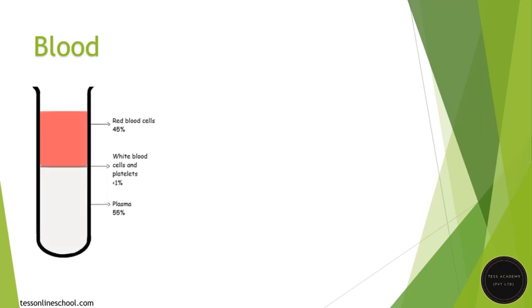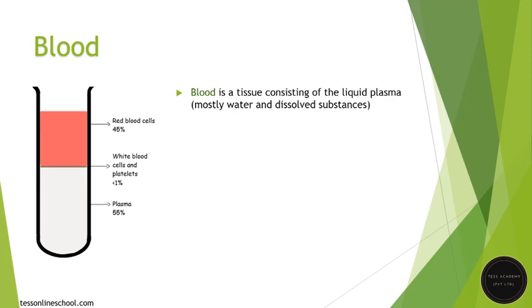Firstly, let's look at the content concerning blood. Blood is a tissue consisting of the liquid plasma, mostly water and dissolved substances. Although blood is a liquid and it seems weird to call it a tissue, remember that tissues are anything that consist of a group of different cells that have a similar structure that work together and contribute to one main function. Plasma carries red blood cells, scientifically called erythrocytes, white blood cells, and platelets, which you will learn about in greater